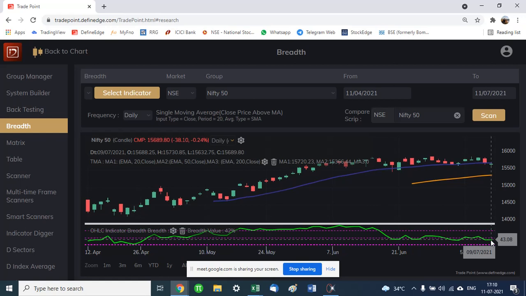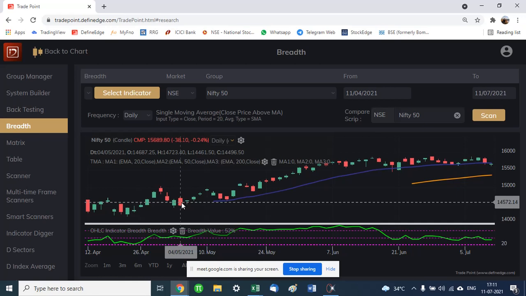So this number has turned a little bearish, which was pretty high at around 92% around 11th of June, when we were having a roaring bull market. At that point of time, this number was around 90%. So almost all the Nifty 50 stocks were trading above their short-term moving average. Now it is less than half. So we can check various kinds of breadths here. We can check against the 20-day moving average, 50, 200-day moving average, whatever. It's our choice.